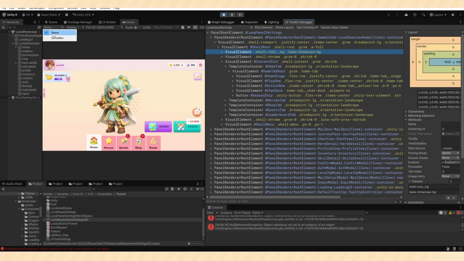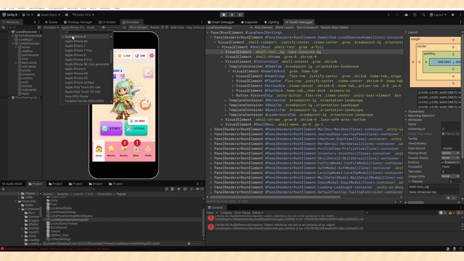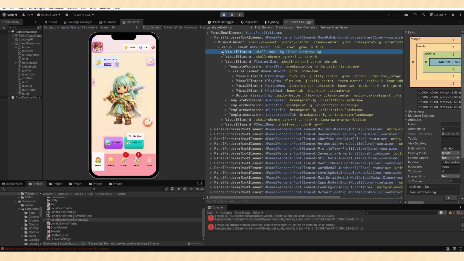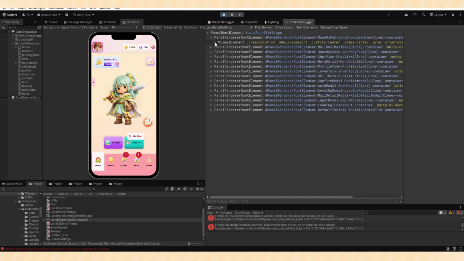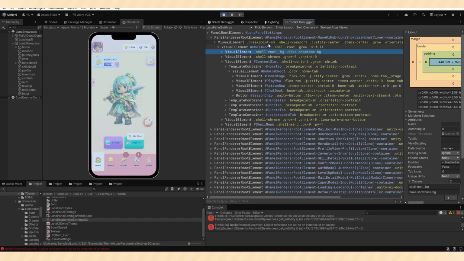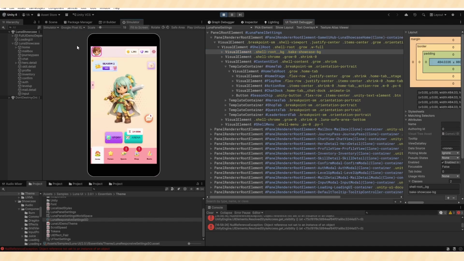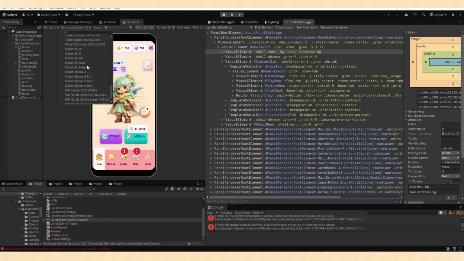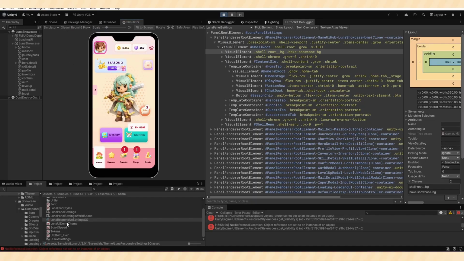And if we switch to simulator, it will change to mobile view and breakpoint small. And it automatically scales based on your